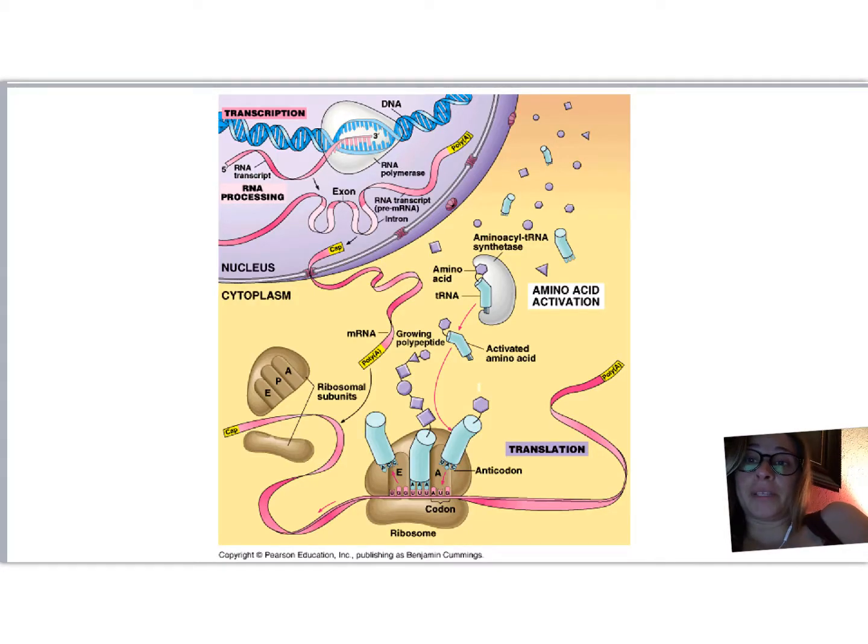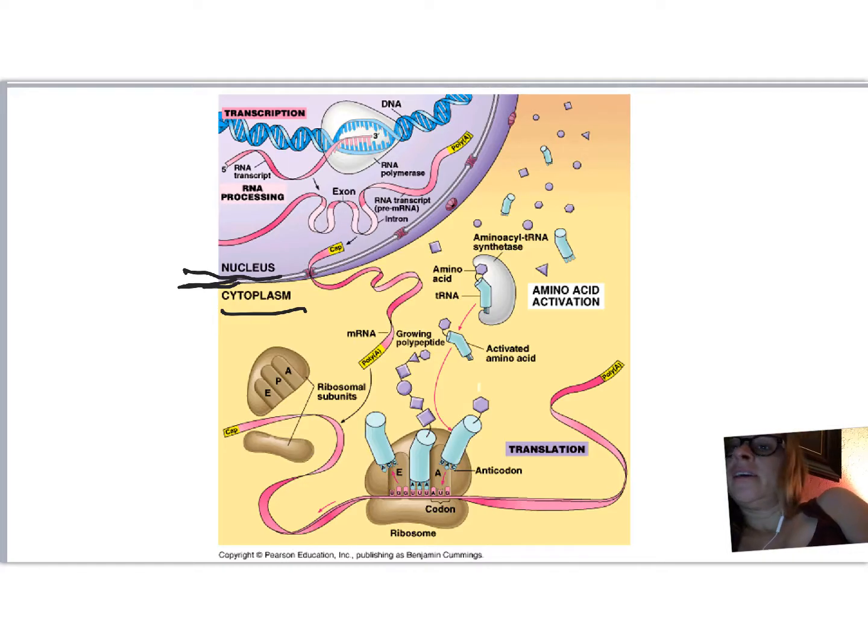Here's a close-up look at what happens in the cell, right? So I'm showing you a lot of graphics because sometimes it's hard to get your head around these ideas the first time, so maybe if I just explain it a few different ways, you'll be able to visualize it. So that's why we're going through it a few different times. Alright, so here's that nucleus, right? So part of it happens in the nucleus and then some of it is transported out into the cell. It floats around in the cytoplasm, right? So this is where structures like the endoplasmic reticulum, which we'll talk about in future videos, or just freely floating